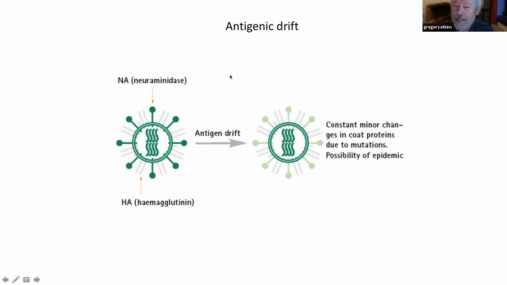These are the epidemics that occur in between the pandemics, and they occur every year. This is called antigenic drift, and it is a process of mutation. The virus is mutating to change its two spike proteins so that it gets around pre-existing immunity. So this is why we have to have a new vaccine every year,